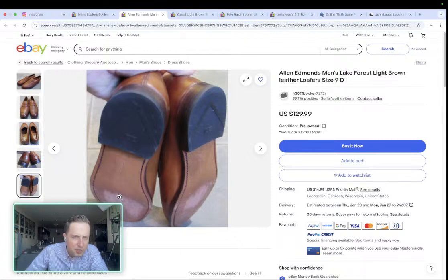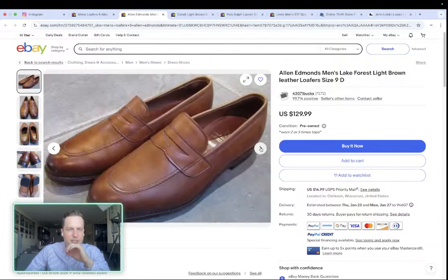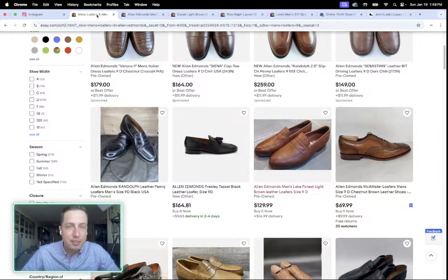You can tell they're gently used because the leather sole on there gets scratched up when it touches the concrete. But with that kind of wear, I have a lot of leather sole shoes. He probably only wore these one or two times, if that. And they retail for I think 275 or 300. We can get them for 129 and they've been worn once or twice. Yeah, it says right there, worn two or three times tops. So I think it's been a successful